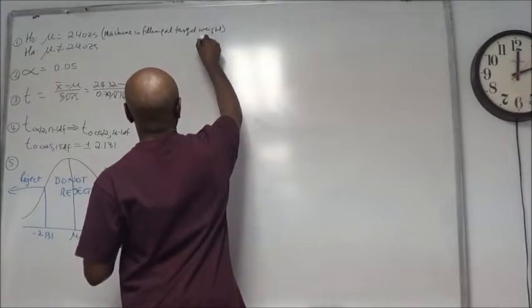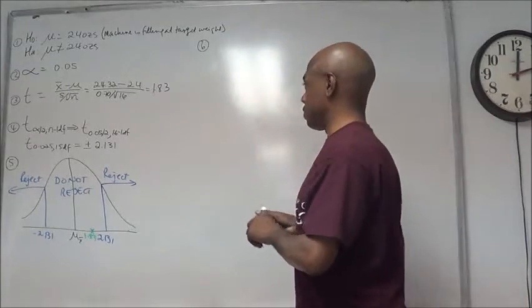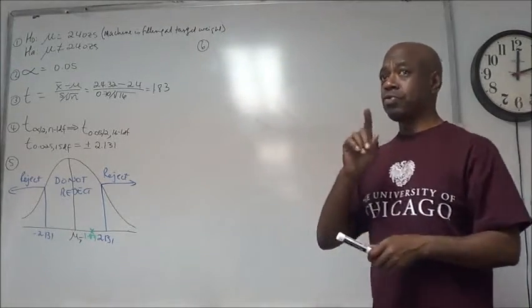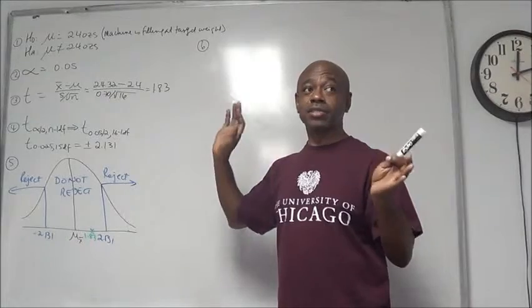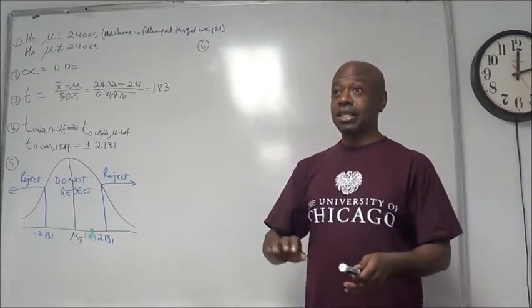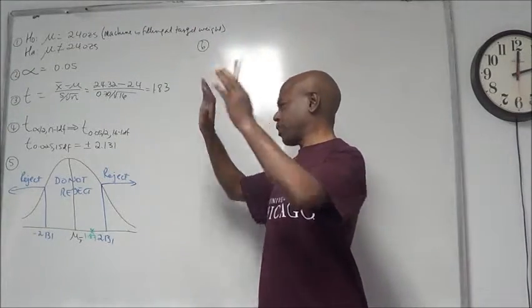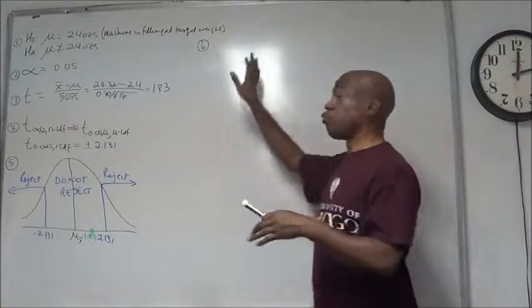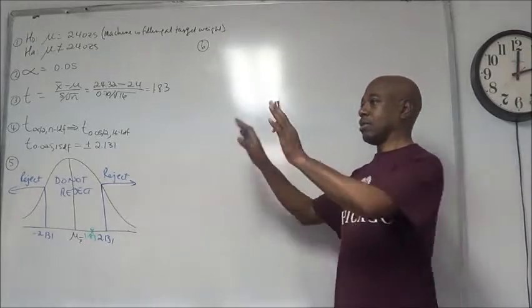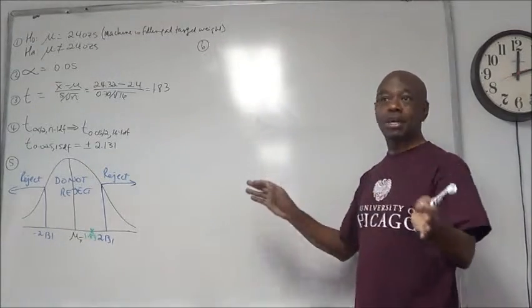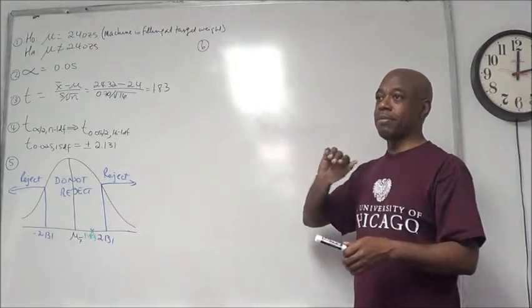Step 6. You must establish your decision rule here. The decision rule is always going to be based on what kind of test you're doing, a one-tailed test or a two-tailed test. The decision rules are not going to change. The same way you have a two-tailed test, a right-tailed and a left-tailed test, there's a rule for the two-tailed test, a rule for the left-tailed test, and a rule for the right-tailed test. They're not going to change. There are 3 setups for H0 and HA, and 3 rules for those same H0s and HAs.